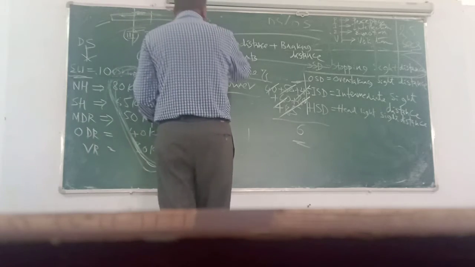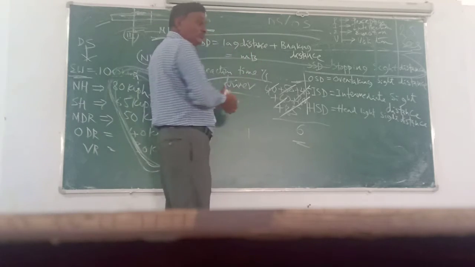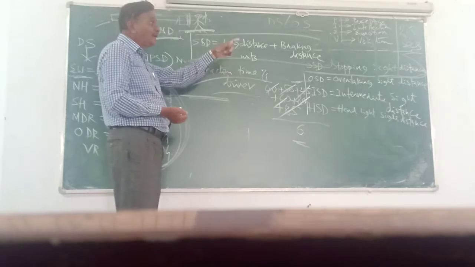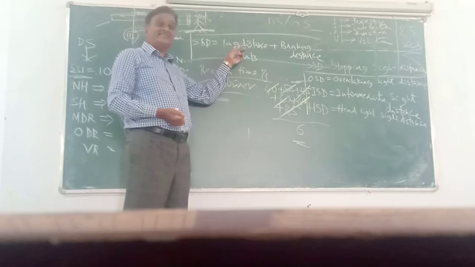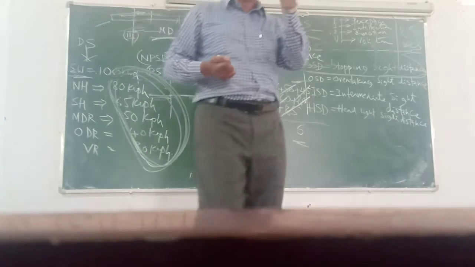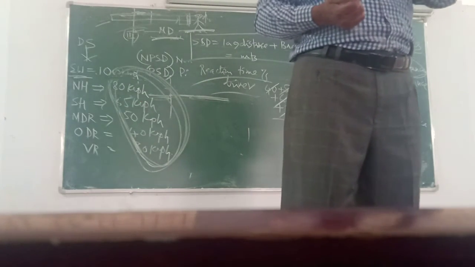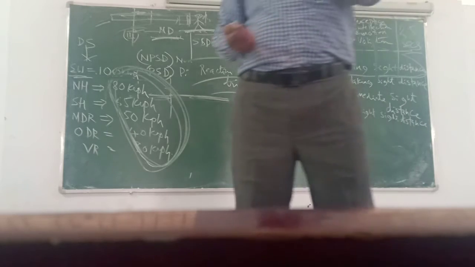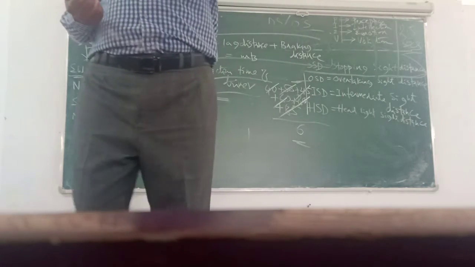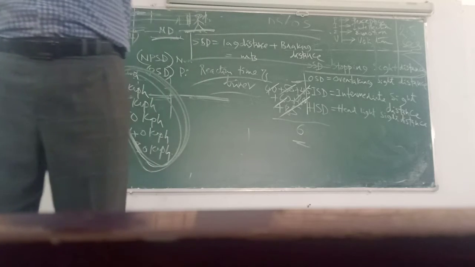That's all. Okay. Now coming back here, I define now the component. Afterwards, I will tell you what is the PIV thing. After that, not now. The lag distance is the distance travelled by the vehicle during the reaction time of the driver. Vehicle driver or car driver or truck driver or whatever.